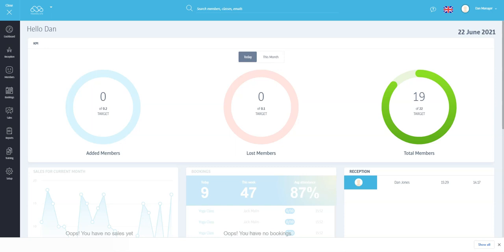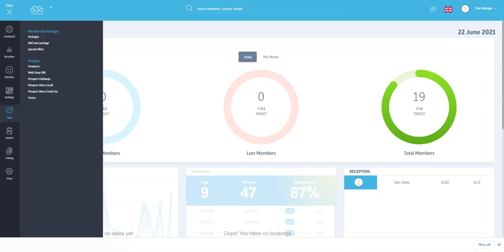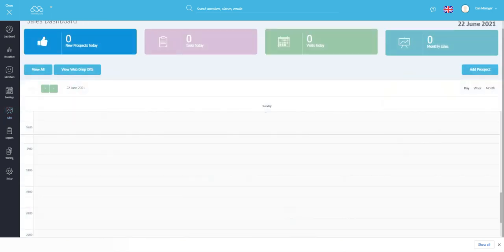The prospecting system is one of the most important areas of Member, as it's where you're going to be generating sales leads, engaging with those leads and hopefully getting them to sign up. To access prospects, we first go to Sales and then click on Prospects, and this will take us through to